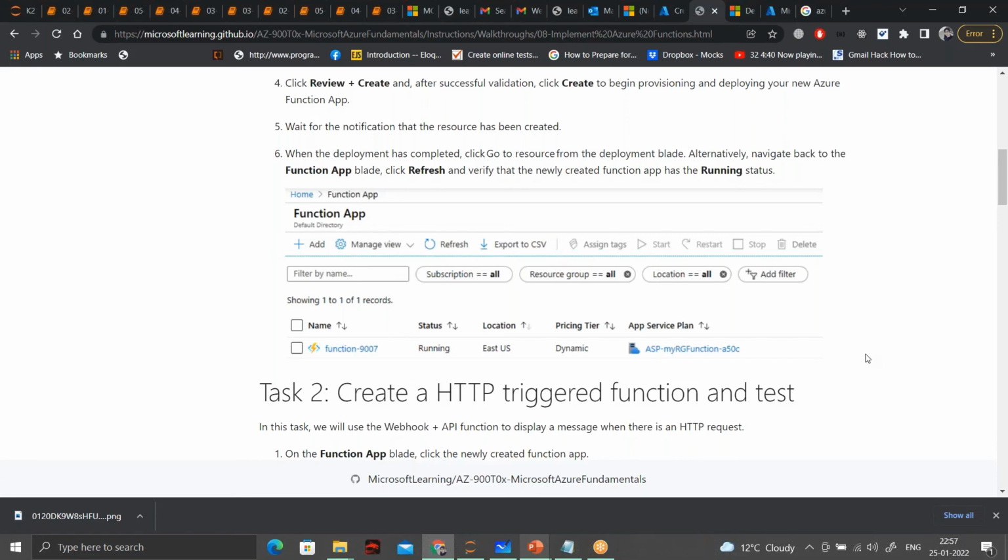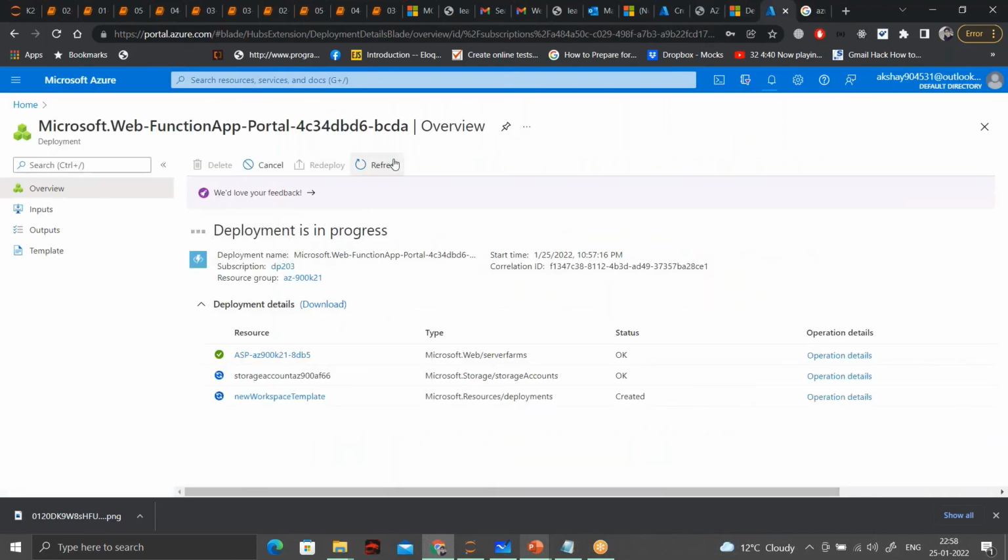Then there is an HTTP triggered function. HTTP triggered functions are just like your APIs, where you can directly call them, and it will automatically run the function, and whatever response it wants to give, it will give back to the user. Okay, so this is still creating.